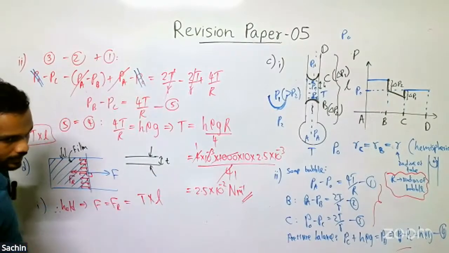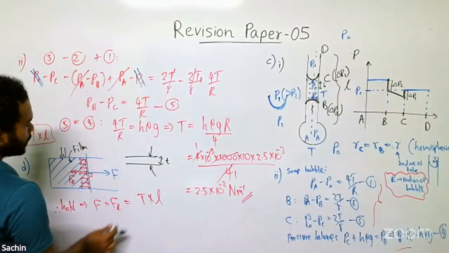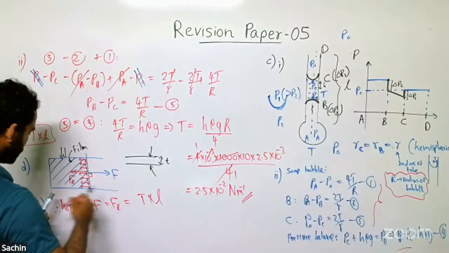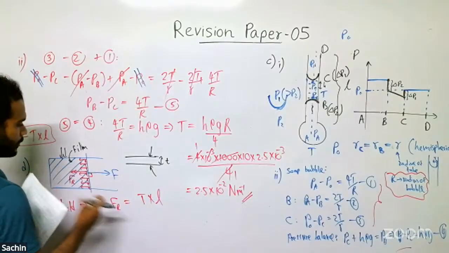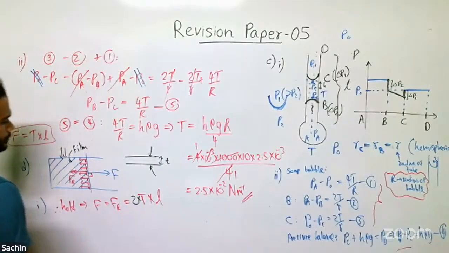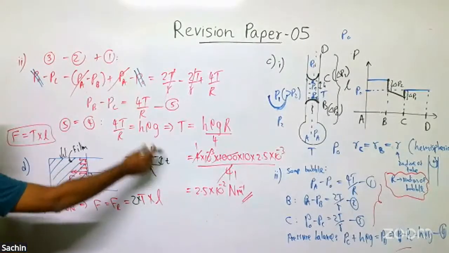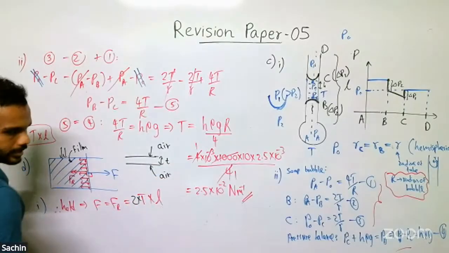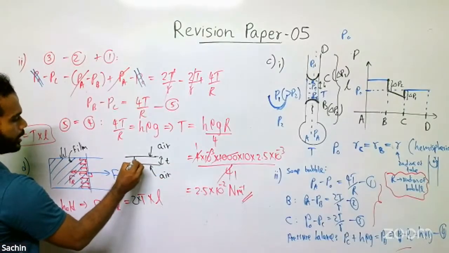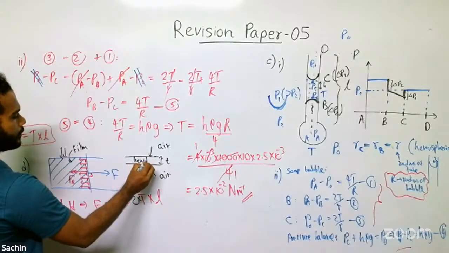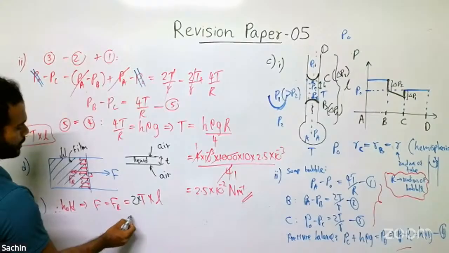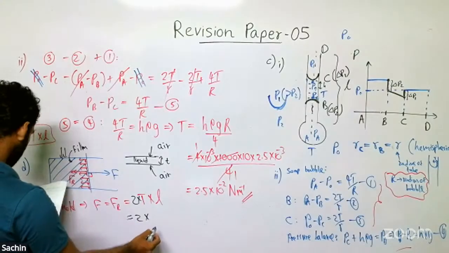So in both surfaces there will be surface tension forces, and to account for all of these, you have to multiply this whole equation by 2. I have told this in the class: if both sides there is air and only a liquid film is in the middle, then you have to multiply the equations always by 2. So 2 times the surface tension